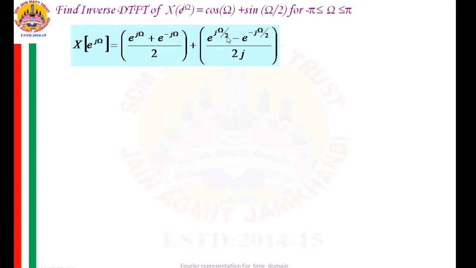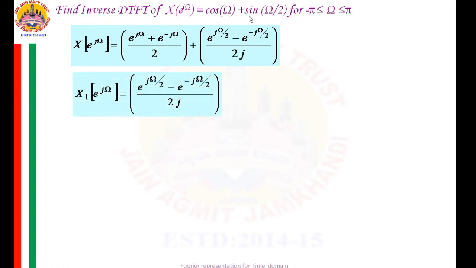Whereas here if you compare, you observe that this is 0.5 and minus 0.5, and the discrete time signal will not exist for the non-integer terms. So for this we will view this example as consisting of two terms, this as x1 e raised to j ohm and this as x2 e raised to j ohm. For x1 e raised to j ohm, we will directly find it by comparing it with the coefficients from exponential form, and for this term we will make use of the